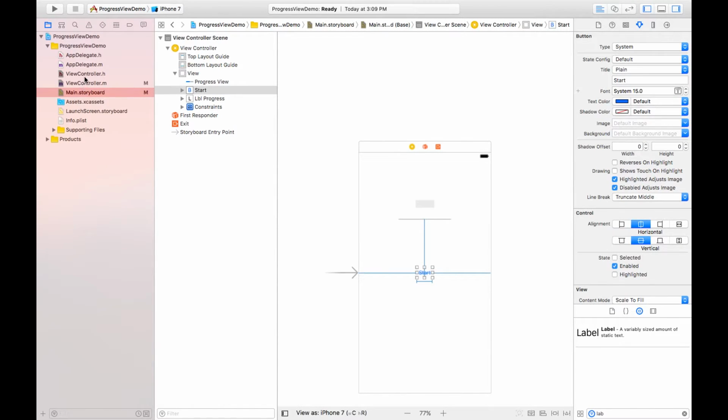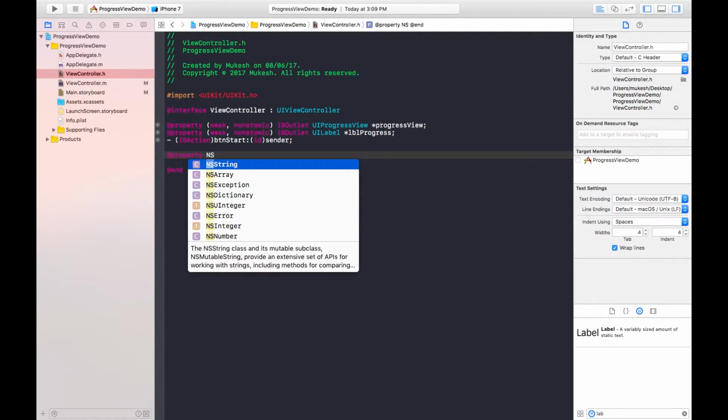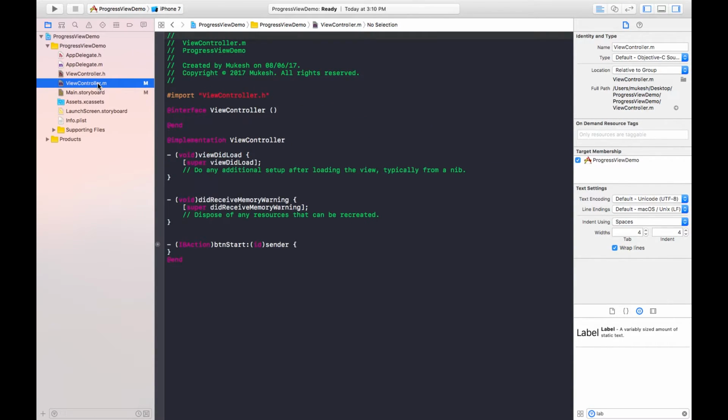And now one more thing in .h file we need to declare is a property for NSTimer, because this will be used to execute that progress view after some interval of time, right? So I'm giving its instance name my timer like this. And now come to .m file, and we need to code all the code in this block when I click